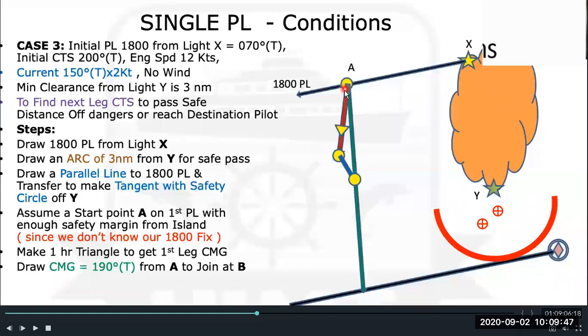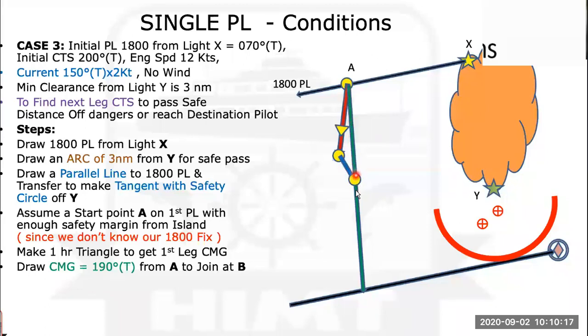Like, suppose the pilot tells you this is a leading lighthouse, you go on a course 200 and the current is pushing you 150. So actually you will be making a course of say 180. So that is your allowing method. Allowing means let it go as it is going, and finally you land up on whatever course the ship is actually making, that we measure. That is your allowing method.